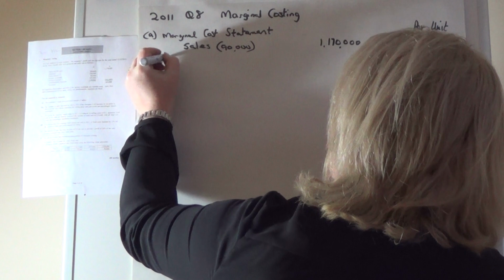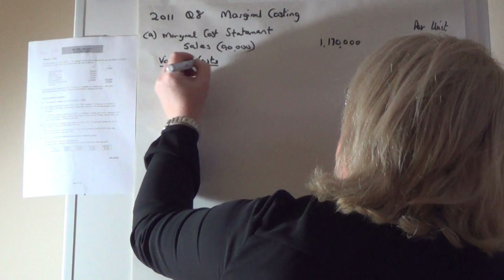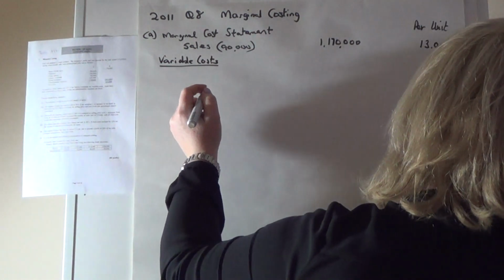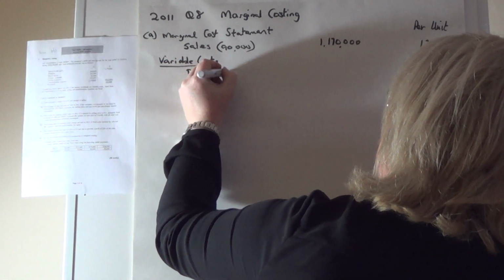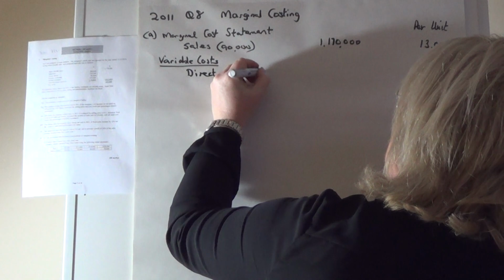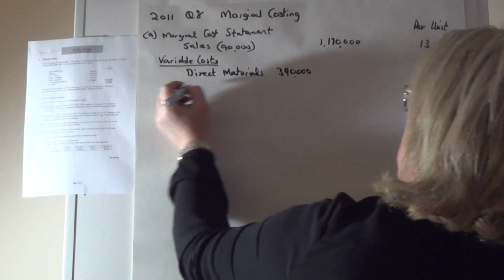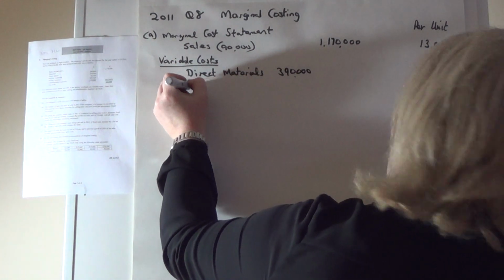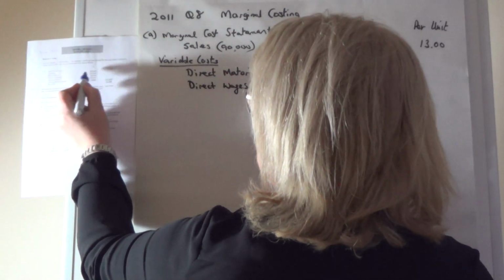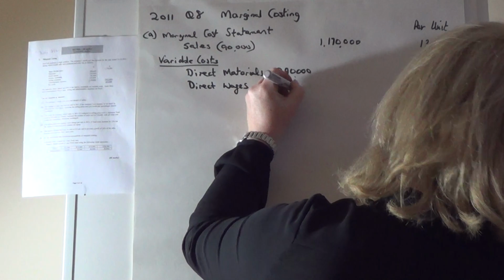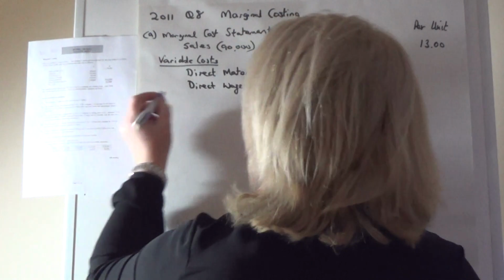And then we set out our variable costs. So they're literally listed there. The direct materials, at 390,000. We have our direct wages, and they were 236,000. And we have our factory overheads,